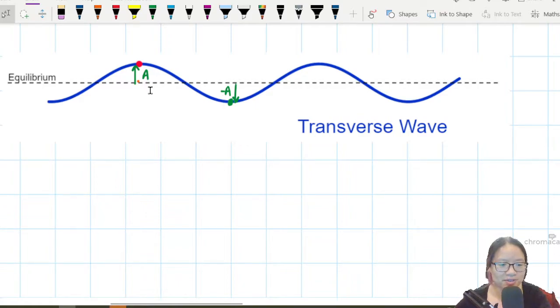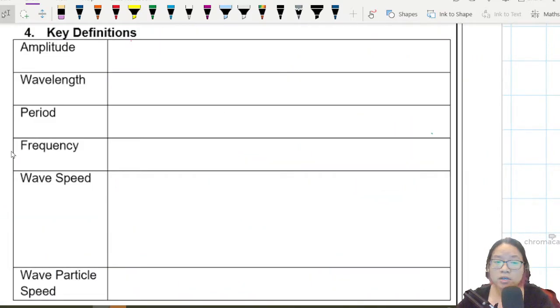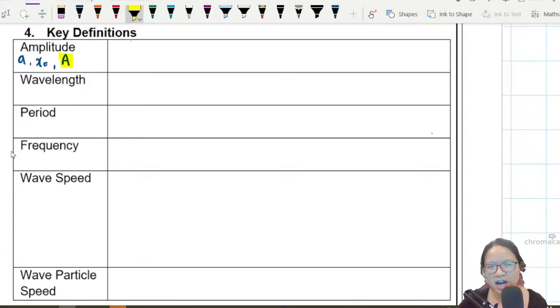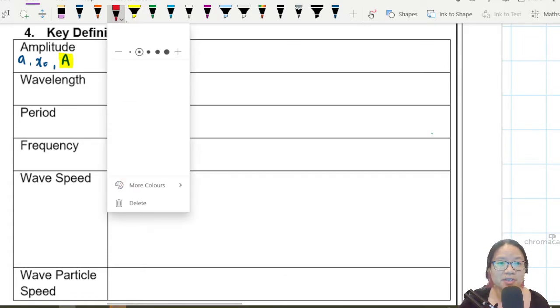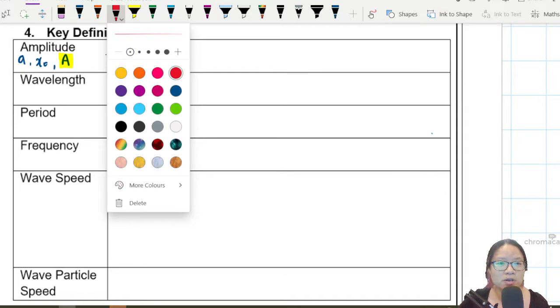Let's write down the definition together. So oftentimes amplitude will have different symbols, okay? Sometimes they will use small a, sometimes they will use x naught, sometimes they will use capital A. So I'm sticking to capital A, okay? Because this one kind of makes sense, right? Large distance or displacement, okay? And as usual, since we are measuring a length, this one should have the base SI unit of